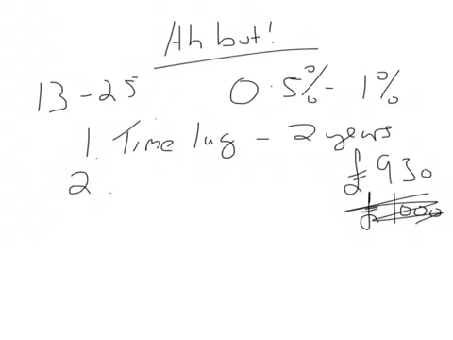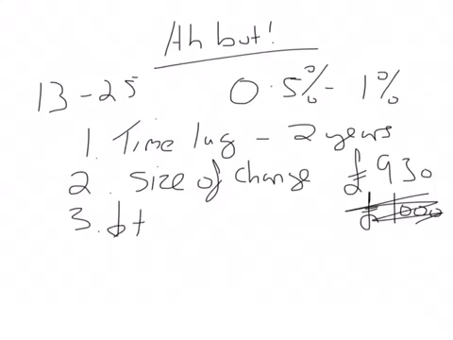Second point, it depends on how big a change it is, so size of change. As you can see there is only a 0.5% difference. So actually, this small change might not have that big an impact on the economy. A third thing you might be able to say is that if at the same time as interest rates going up, taxes went down, it might counteract this. So things need to be done in conjunction. It can't just be interest rates on their own. You also have to think about taxes.